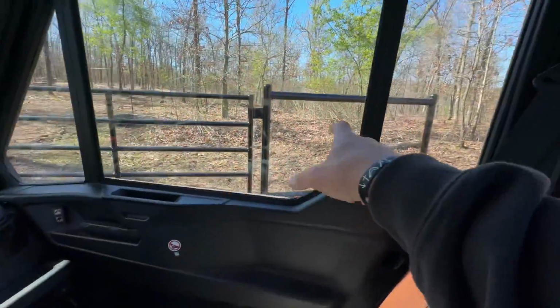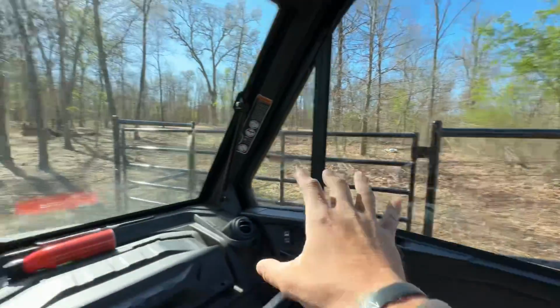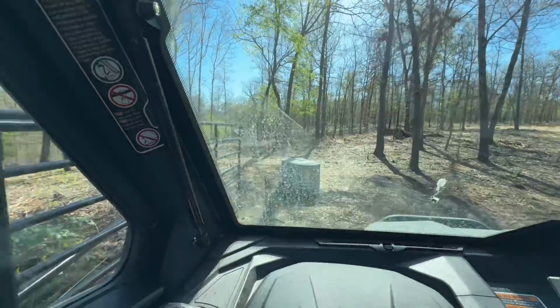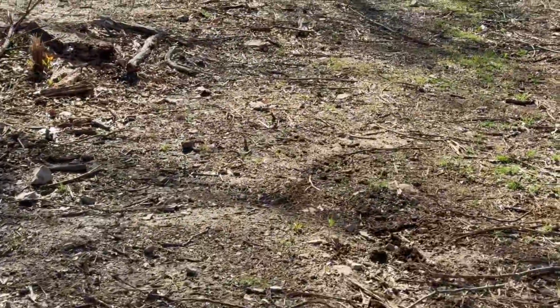So yep, this is the adjoining gates. Jeremiah and Isaiah and Haley from JW Welding, they just finished this for us. This is 5 acres and this is 8 acres. And you can see from right here, little spurts of grass already popping up because the cows have been off of this. And I'm not saying this is a pasture that would hold 20 head of Angus. Don't get it confused. I know what this pasture can and can't do, but I know what it can't do, and that's recover with all these cattle on it. So that's why we've split them up and kept them over there for a bit